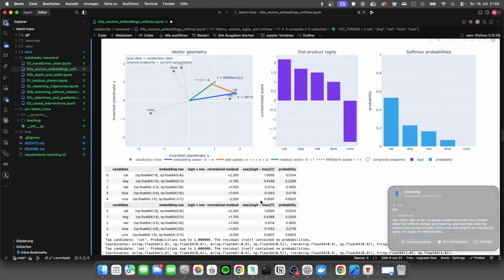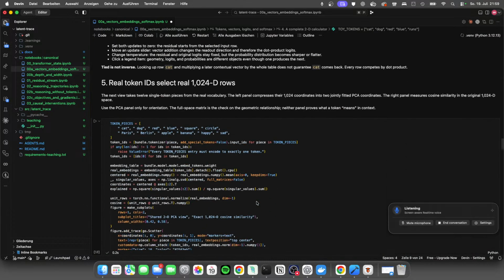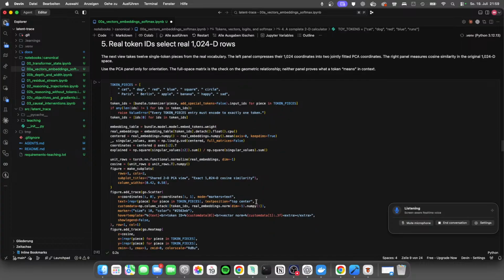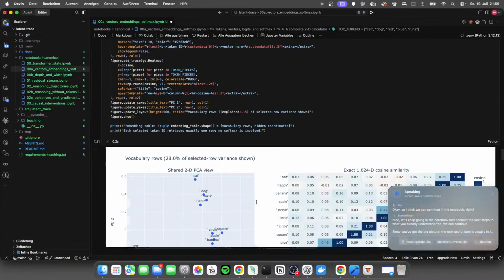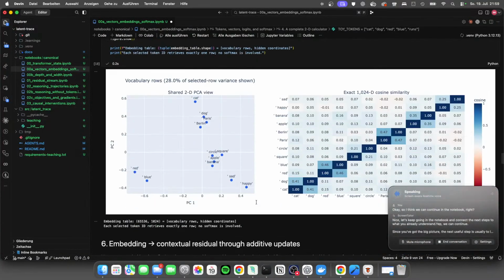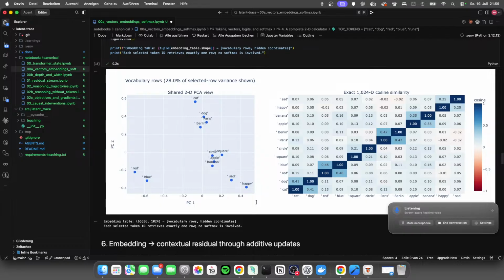Okay, so I think we can continue in the notebook, right? Nice. Let's keep going in the notebook and connect the next steps to what you already understand. Yep, we can continue. Since you've got the big picture, the next